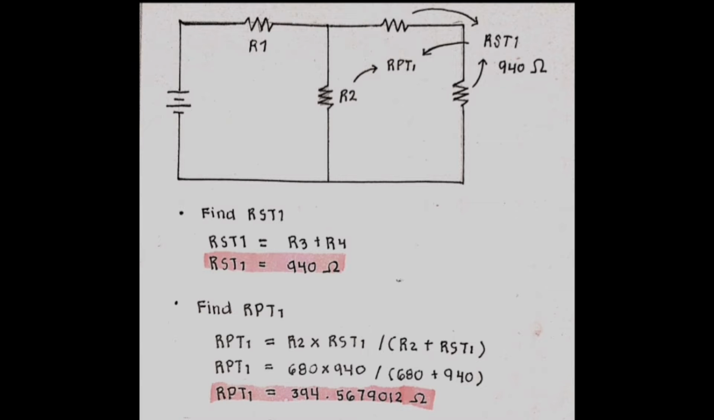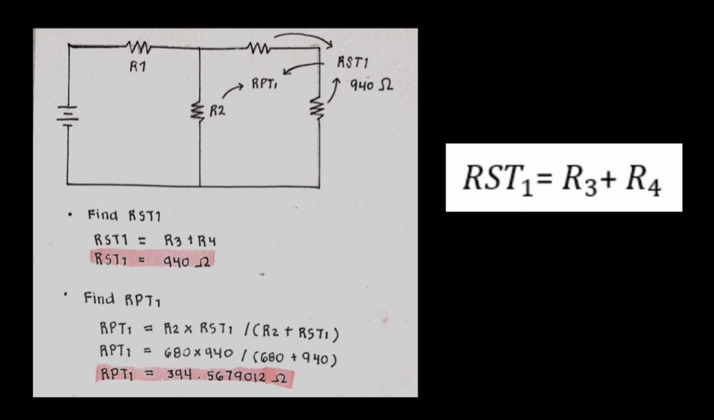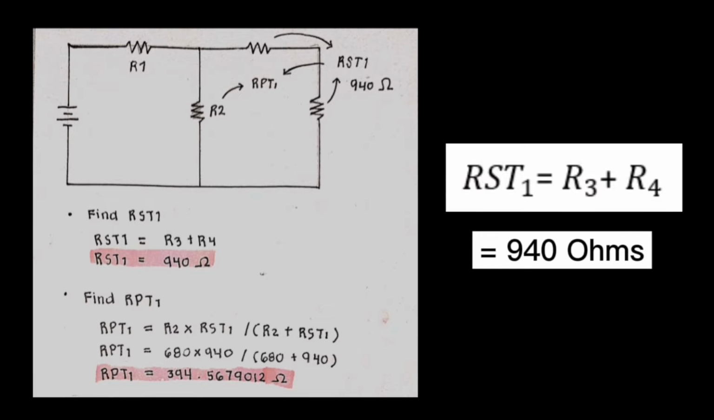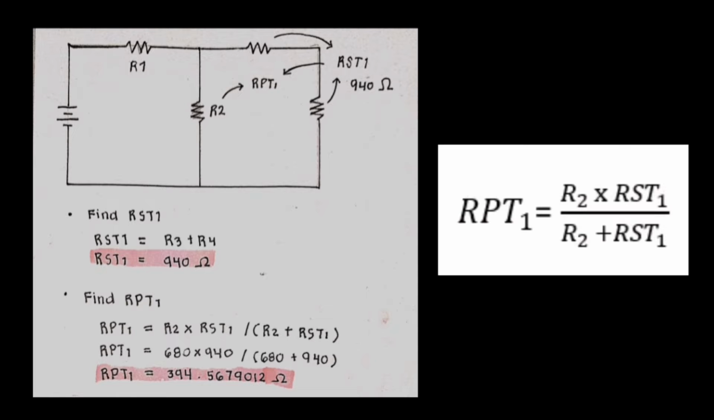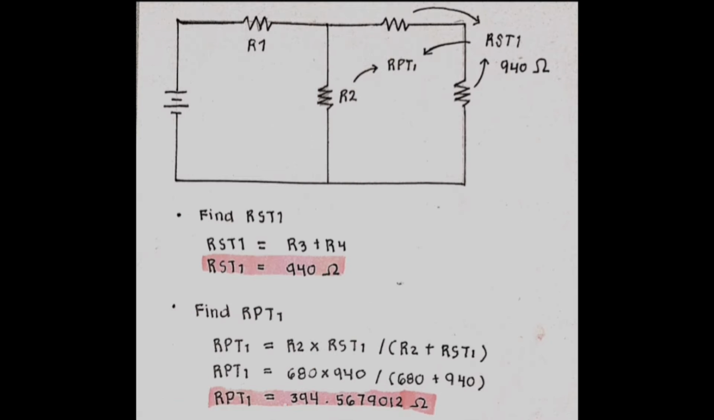Next is to find the total parallel resistance of R2 and RST1. Again, RST1 is the sum of our resistors 3 and 4. To find our RPT1 or total parallel resistance of R2 and RST1, we are going to use the formula R2 times RST1 divided by R2 plus RST1. Next step is we're going to substitute the values of the given equation. So, 680 times 940 divided by 680 plus 940, we have a total value of